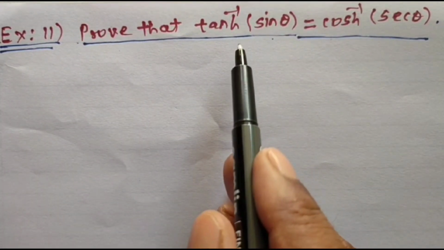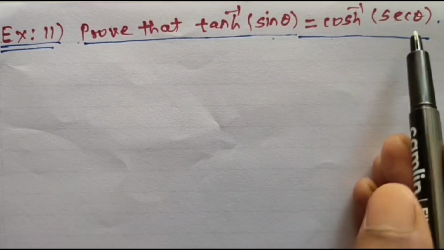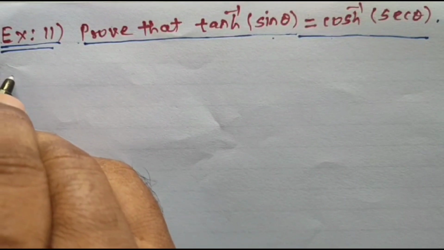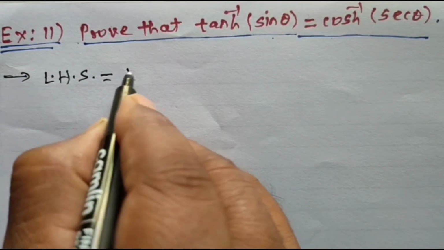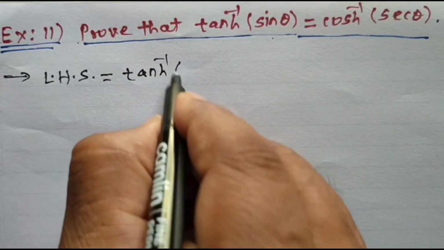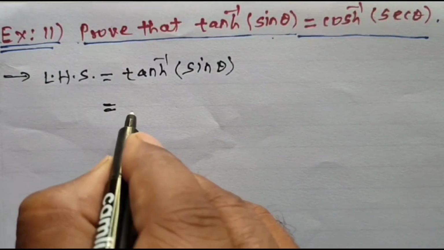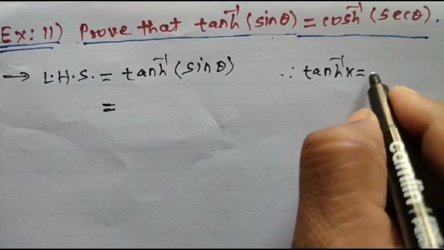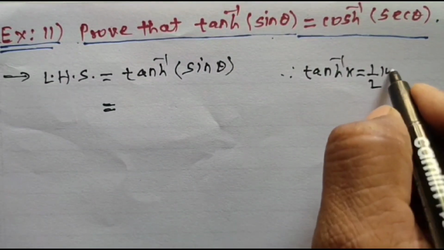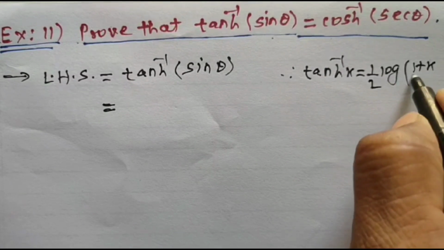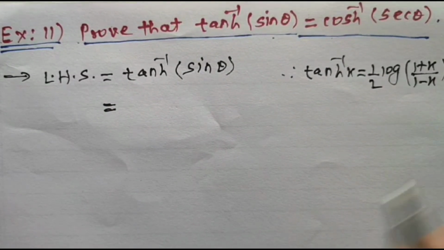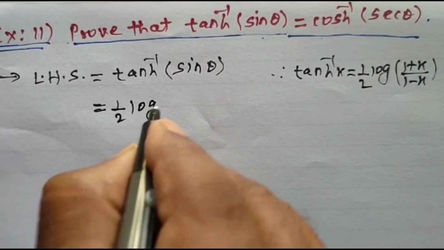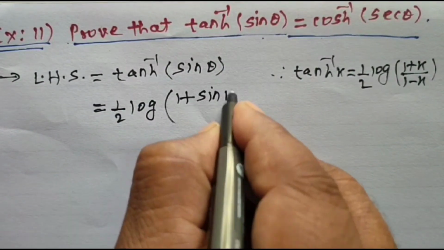Let us solve sum number 11. Prove that hyperbolic tan inverse sin theta is equal to hyperbolic cos inverse sec theta. So let us take LHS first. LHS is equal to hyperbolic tan inverse sin theta, and this is hyperbolic tan inverse x. Applying this formula, it is equal to 1 upon 2 logarithm of 1 plus x divided by 1 minus x. Apply this formula, so this can be written as 1 upon 2 logarithm of 1 plus sin theta divided by